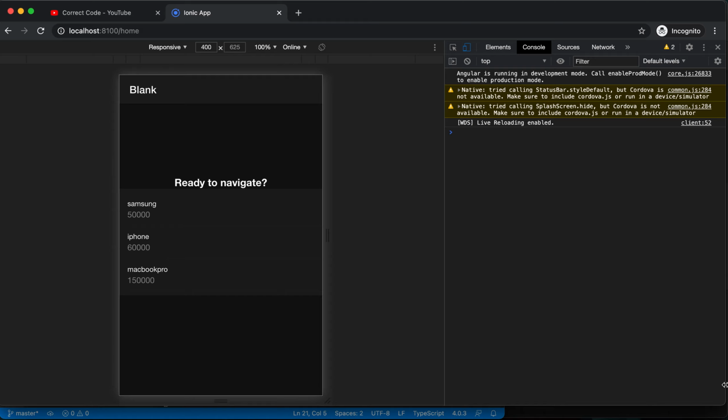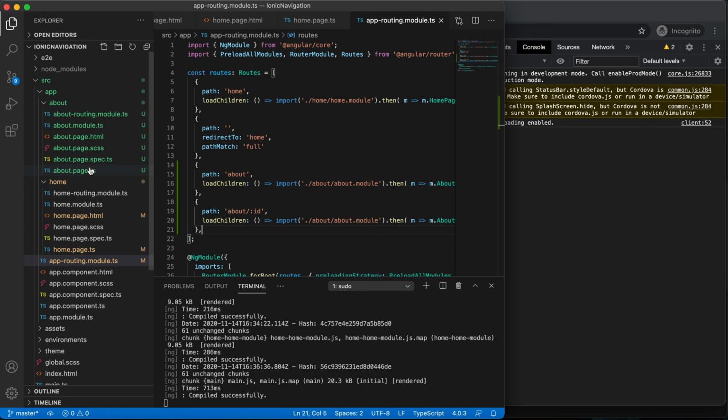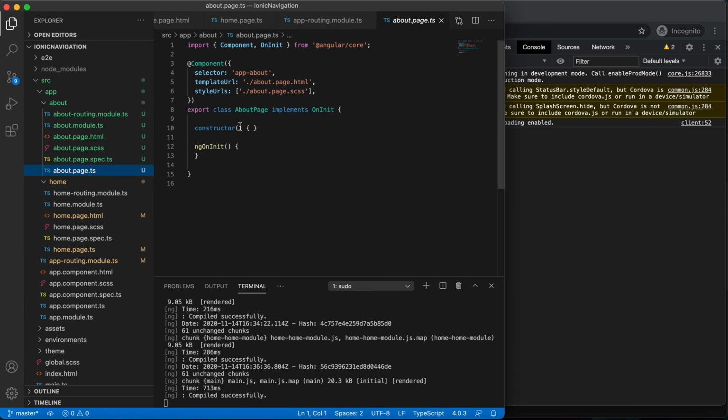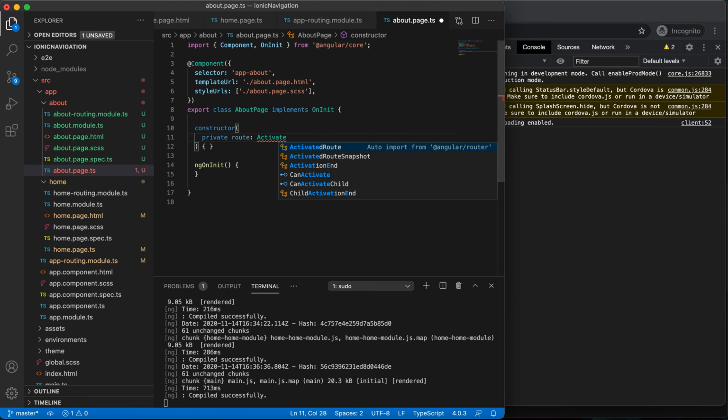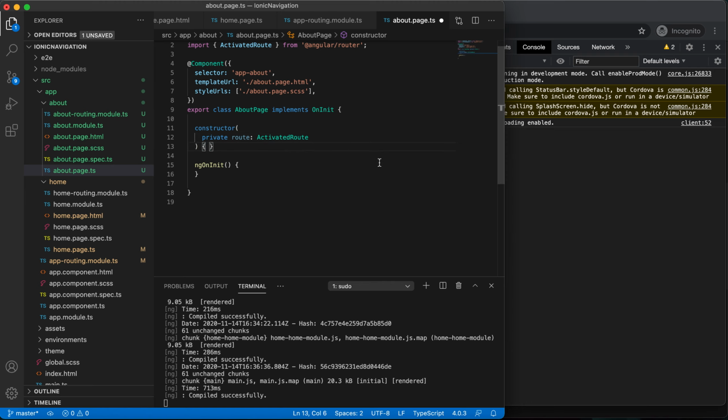Okay. So to view this ID we need to use ActivatedRoute. Just go to the constructor and mention private route: ActivatedRoute.